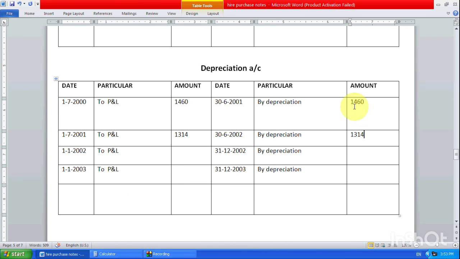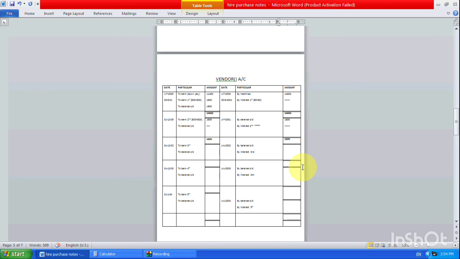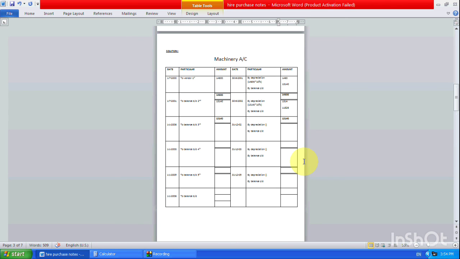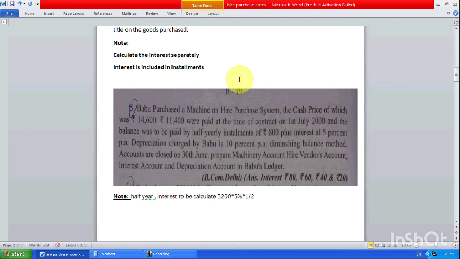Okay, 1,314 for the second half. Then third, okay, this is the vendor account, machine account. Okay, see